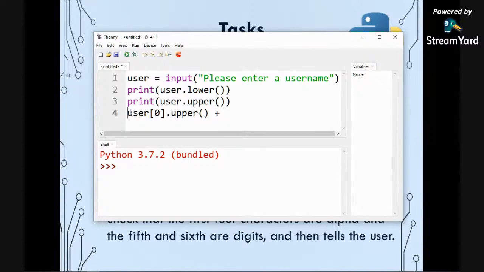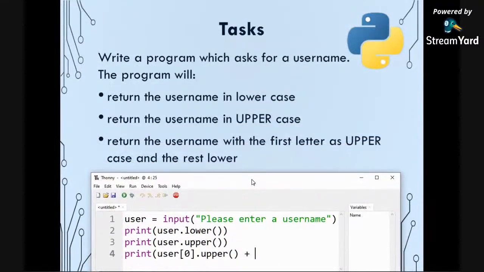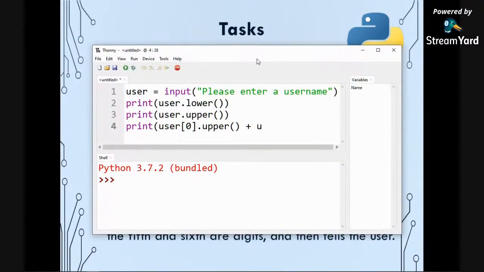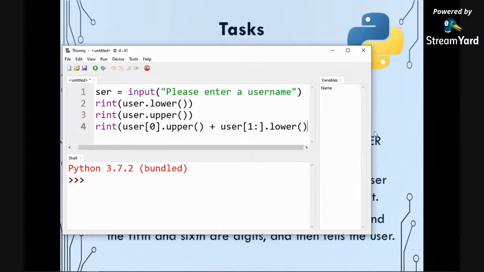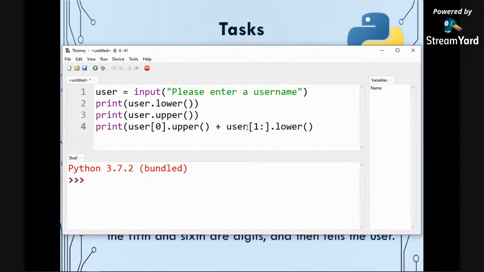Don't forget to use print with that. Let's add the print in. user[0].upper plus user[1:].lower. Okay, so some people did it that way, which is perfectly reasonable,